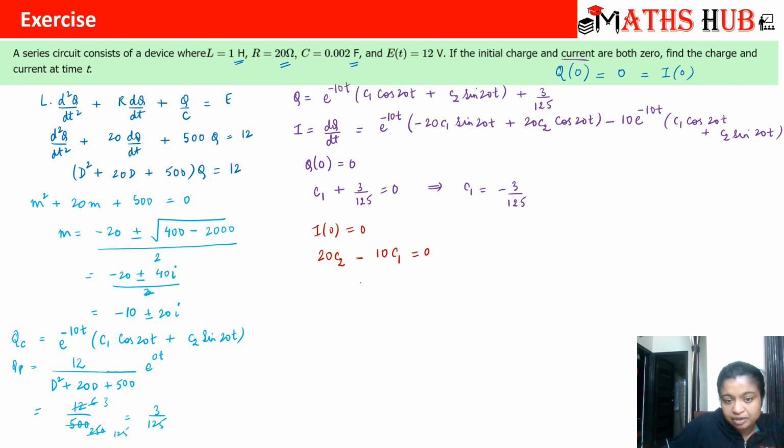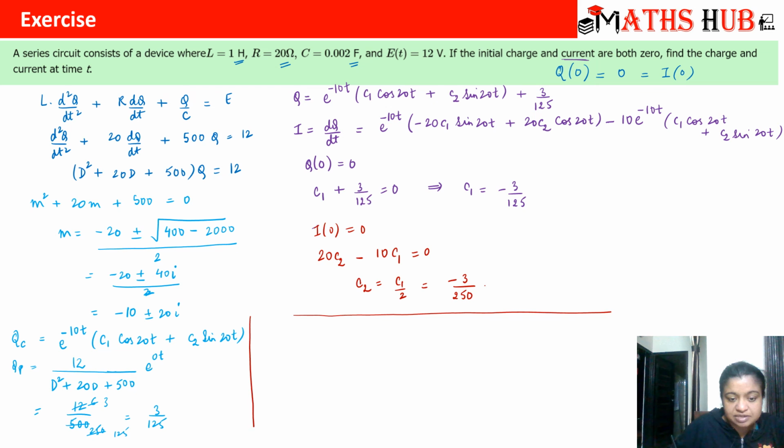So from here, what is c2? 20 c2 is 10 c1, so you will get c1 by 2. So c1 we have already written as minus 3 by 125. So c1 by 2 will become minus 3 by 250, right? So once we know the values of the constants, we can put them back in q and I. So we get the expressions for q and I as